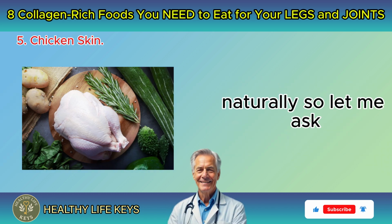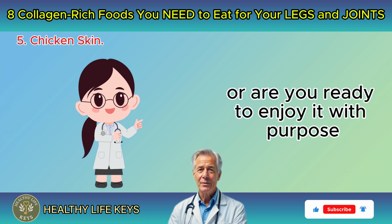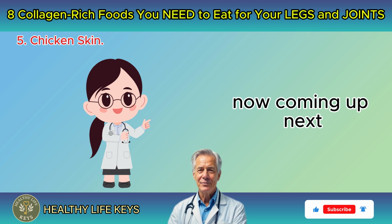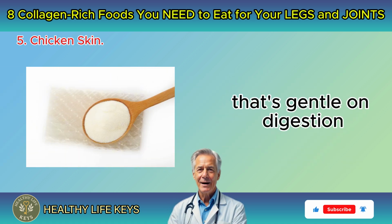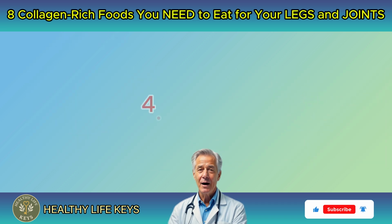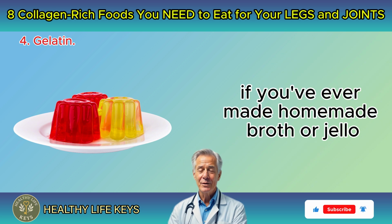So let me ask, have you been peeling off the skin out of habit, or are you ready to enjoy it with purpose? Now, coming up next, a pure, pre-digested form of collagen that's gentle on digestion and fast to work. Gelatin. If you've ever made homemade broth or jello,